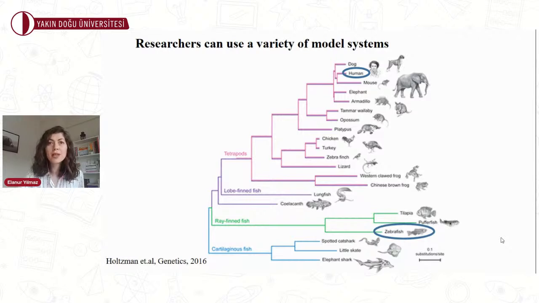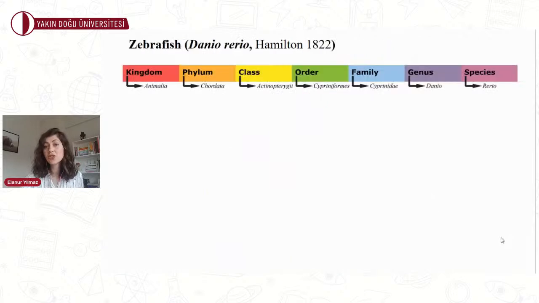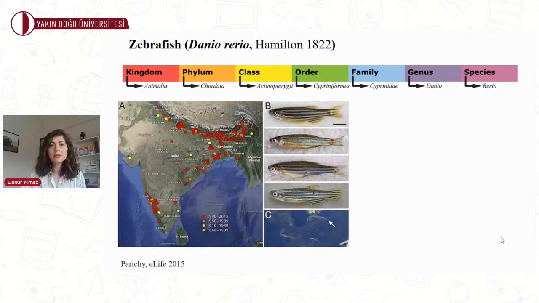So, what is this zebrafish and where does it live in nature? Zebrafish were first described by a Scottish physician, Francis Hamilton, in 1822, and it's a family member of cyprinids, which is called Danio rerio in Latin. The zebrafish is a tropical fish native to Southeast Asia, formerly described in the state of Bihar in northeastern